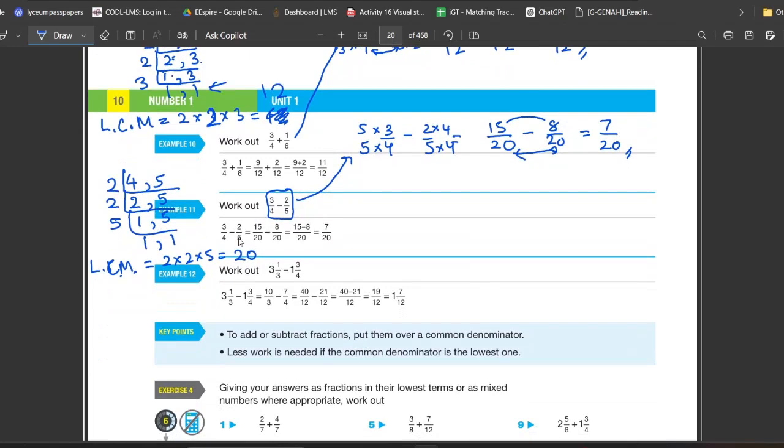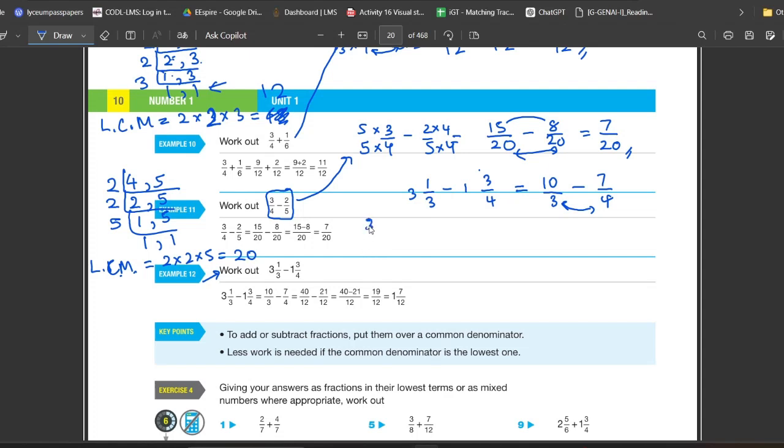So then let's try this one. It contains two mixed numbers. So the first thing is we have to convert those into fractions. So what we do is 3 times 3 is 9 plus 1, 10 over 3, minus 1 times 4 is 4 plus 3, 7 over 4. So these two we have to make